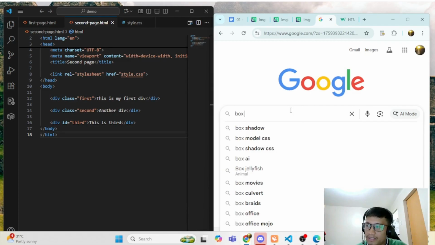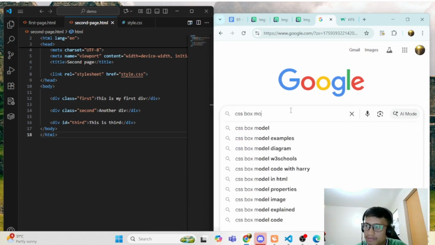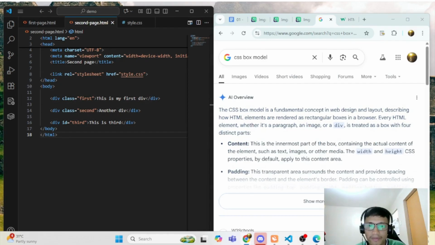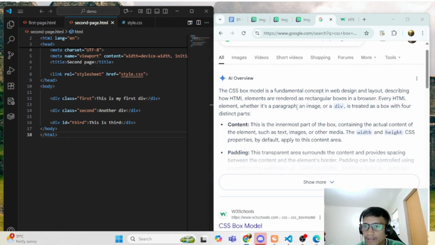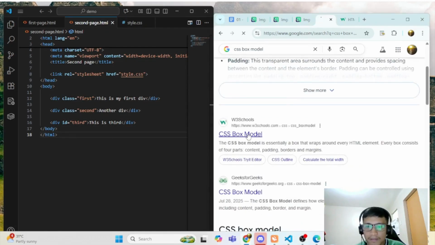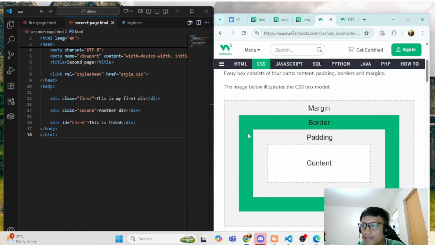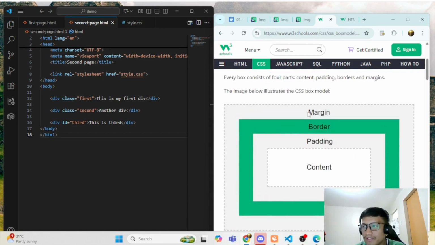So let's say CSS box model. Yeah. So this is the box model.